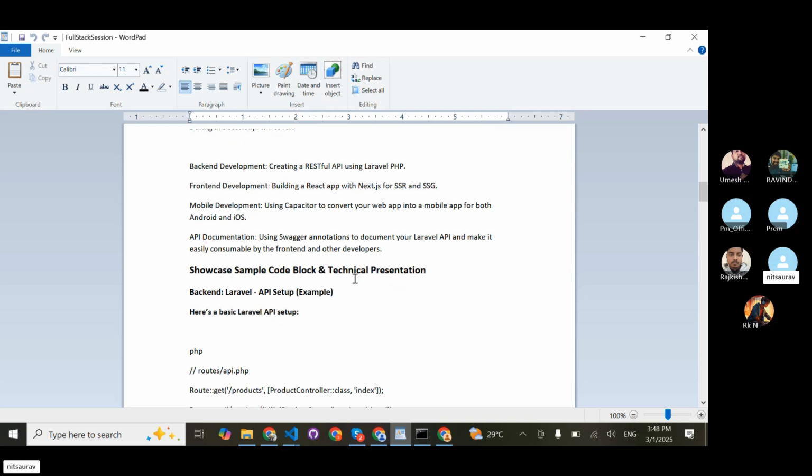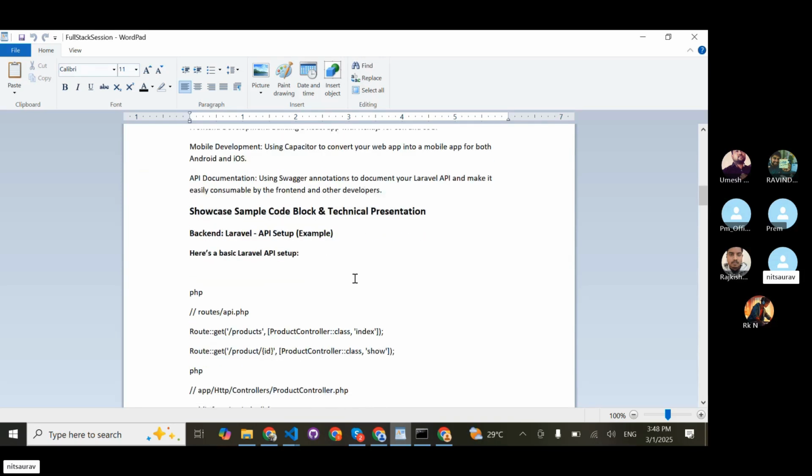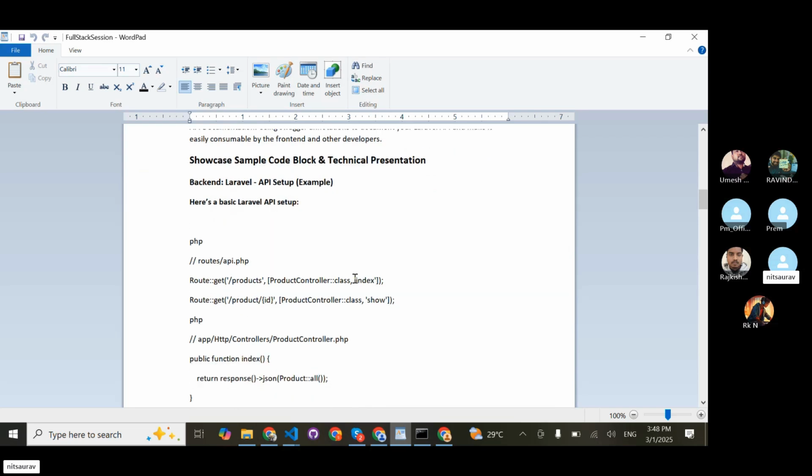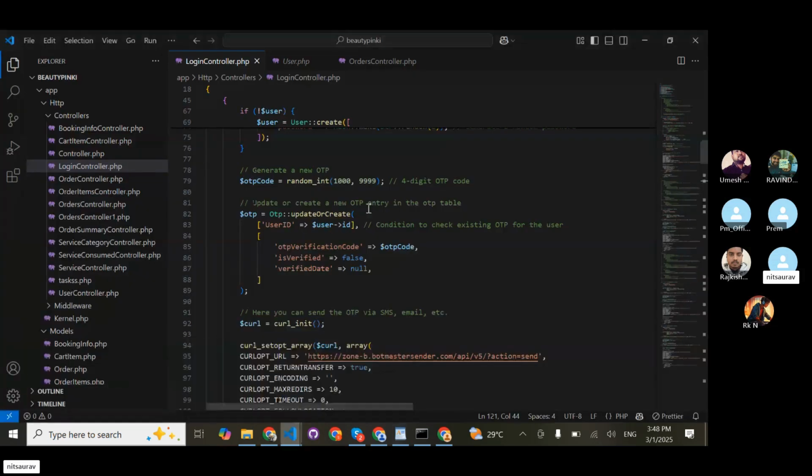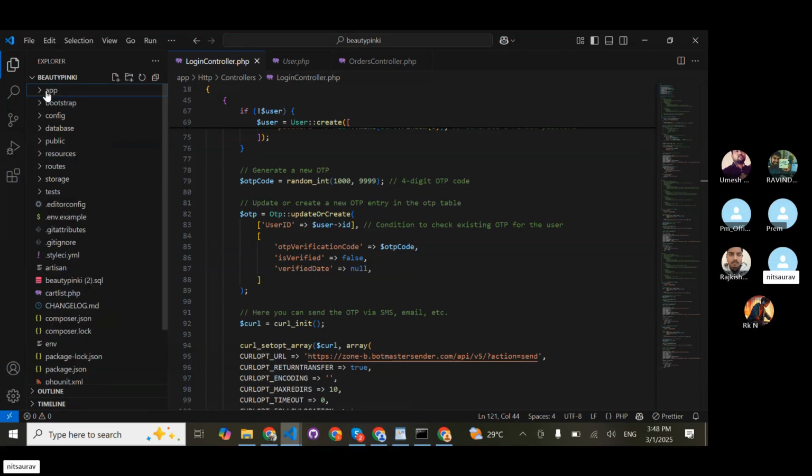Next, how to develop an API and implement your API in your projects. So some basics of Laravel API setup. First we have to create an API. So we have to create a Laravel project using the Laravel create command. So I have to create a project in Laravel. You will get this type of